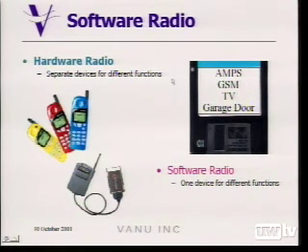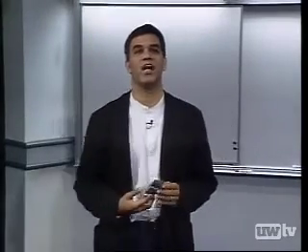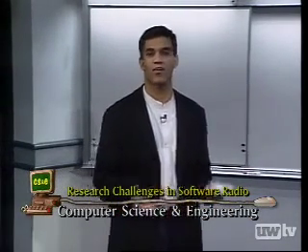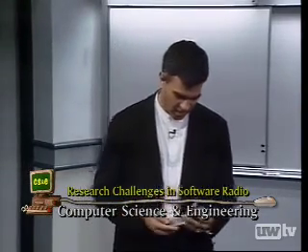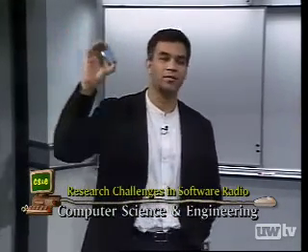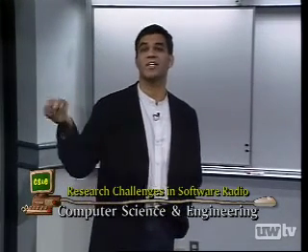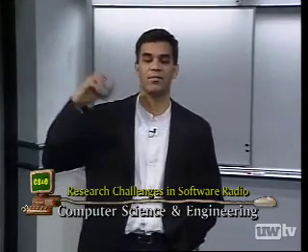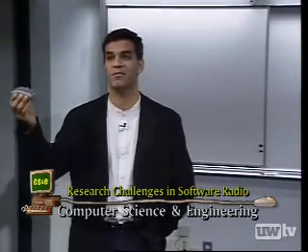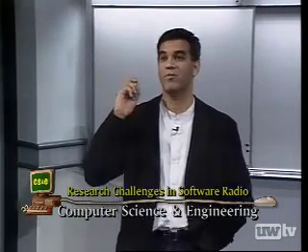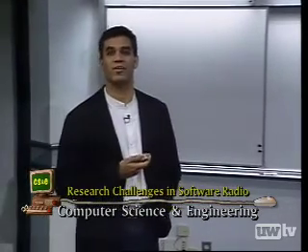So what we have today are hardware radios. What I mean by that is a radio is anything that uses wireless for communication. So that could be one of these things. It could be a television, could be a wireless LAN, your garage door opener, a walkie-talkie. They're all things that use wireless for communication. And these are hardware radios because in this there's a chip, which in this case makes it a CDMA cell phone. The chip's made by Qualcomm, and all it does is CDMA communications. There's nothing I can do to turn this into my 802.11 LAN or to open my garage door when I go home or make it my cordless phone at home, even though that'd be great if I could have one device to do all those things.